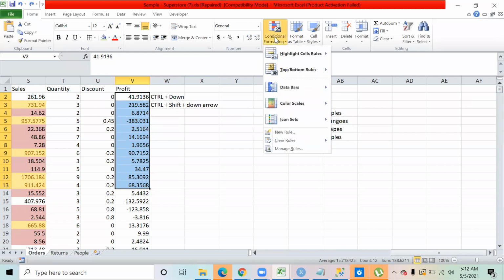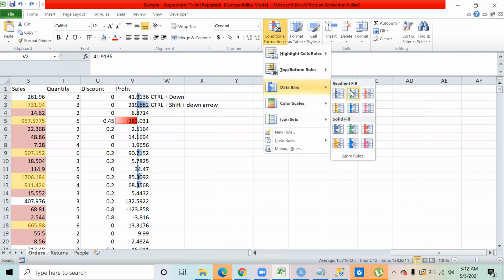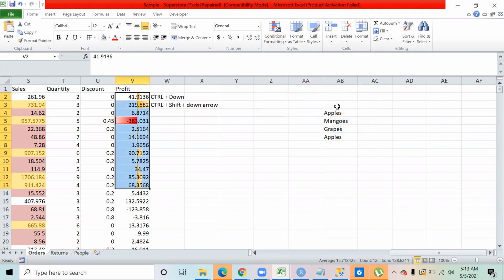You can also make some very interesting charts or bars or scales as well, right? Like these profit numbers that I have selected. If I come on the data bars, I can make some bars, right? If you see right now, there are some bars that I am creating. So if you click on this, these are just different colors. Basically, what is going to happen is, within the range that I have selected, Excel is going to identify what is the minimum number and what is the maximum number. And based on the minimum and the maximum number, it is going to create the bars.